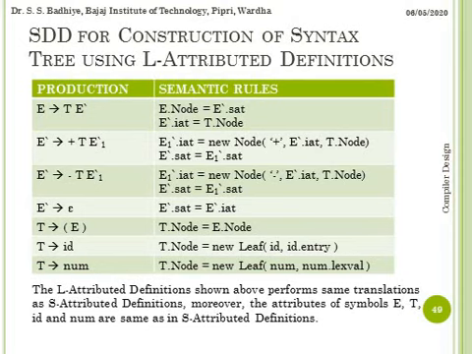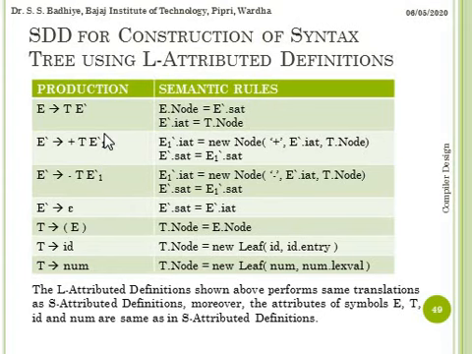Remaining, like E dash dot iat, is the inherited attribute, right? So the nonterminal E dash over here has both an inherited attribute and a synthesized attribute, E dash dot iat and E dash dot sat respectively, right? The inherited attribute E dash dot iat represents the partial syntax tree which is constructed till the current point, right? So it also represents the root of the tree for the prefix of the input string that is to the left of the subtree of E dash.